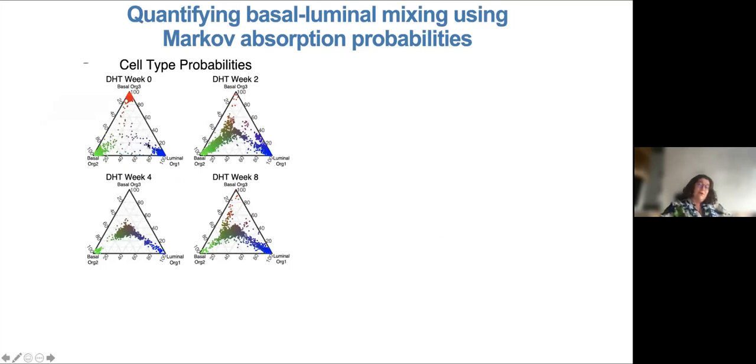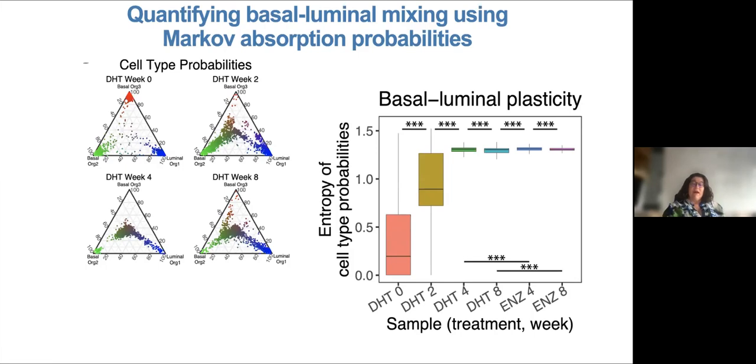And again, at week 2, everything was clearly basal or luminal. We lost that and got mixed phenotypes. The classifier couldn't decide whether they were basal or luminal. They had both basal and luminal features, both basal and luminal markers, which only got worse and further mixed as we progressed in the time series. And we could actually quantify this uncertainty, this entropy. As a proxy to plasticity, we could quantify the entropy or uncertainty of classification.